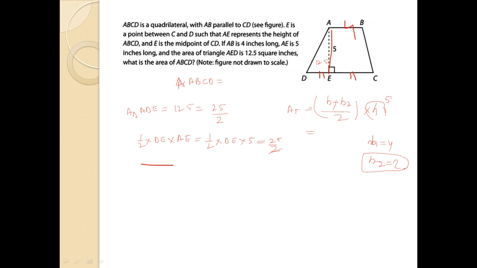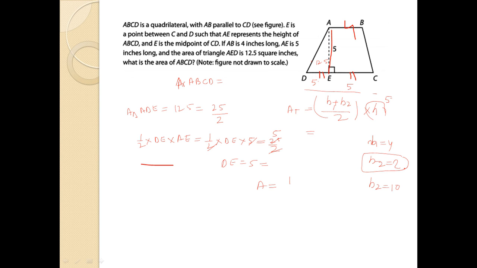So this 2 and 2 cancel out. 5 5s are 25, so DE comes out to be 5. Okay, so we will put this: DE is this length, this is 5, and we know DE is equal to EC. This is 5. So this total length is what? 10. So we got the value of base 2. This is 10. So our area will be